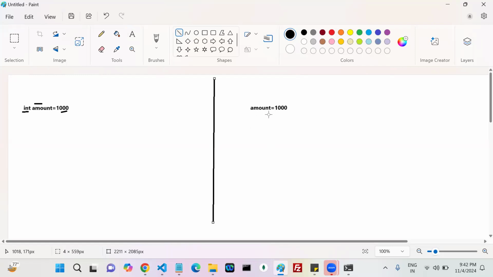Come to Python. The first one is the variable name, and the second one is the variable value. There is no data type for this particular one. So come to Java. Whenever you create a variable, what is my data type? Int. Based on the data type,